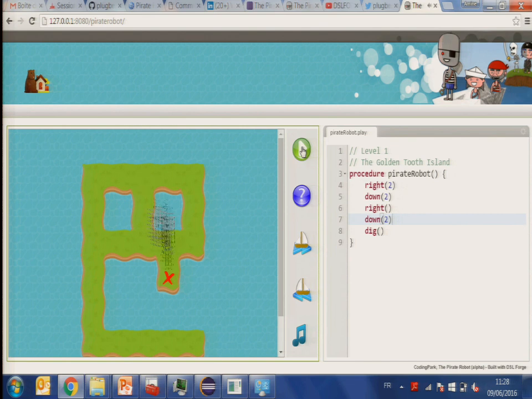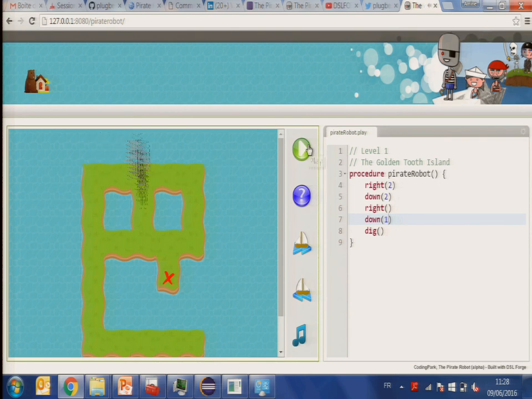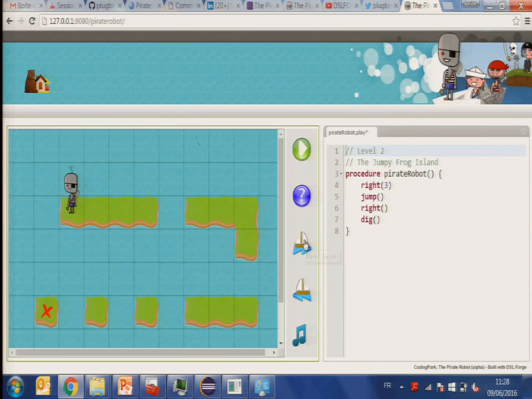The objective is to teach children how to think computationally, like in other games, like Logo.